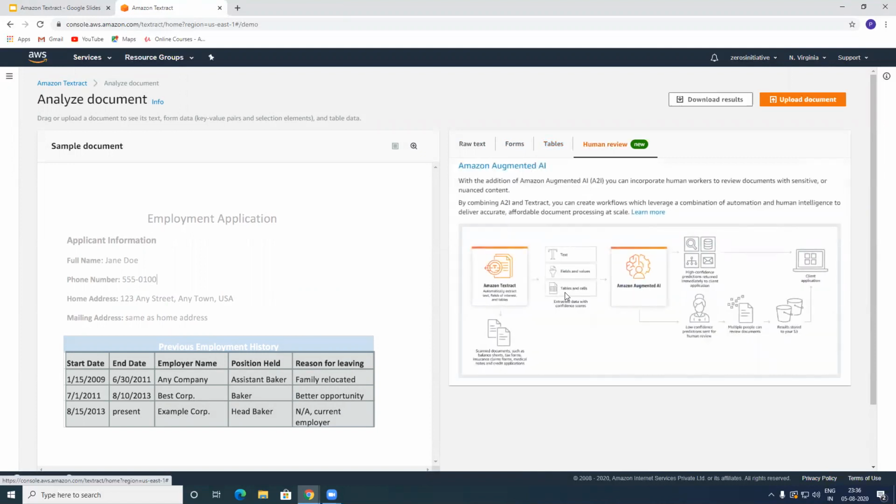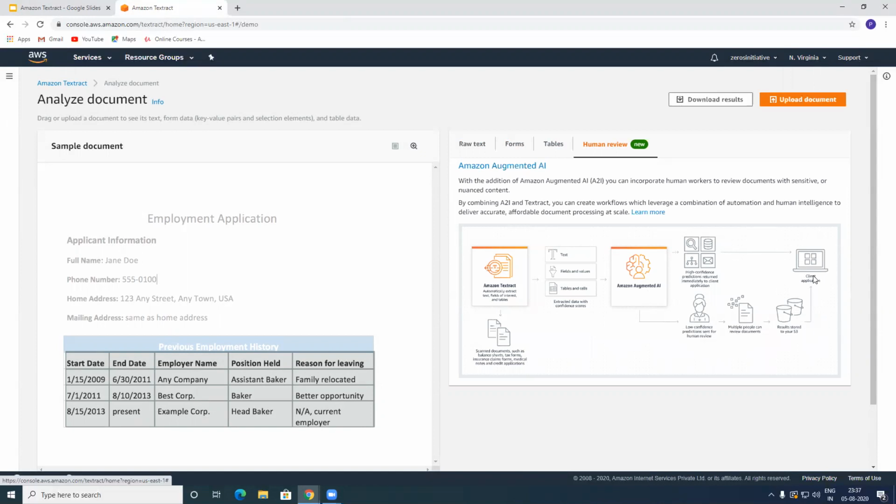Now this is where things get interesting, because whenever you start uploading documents to Amazon Textract, it returns all of these different fields in terms of forms and tabular format and so on. And you can use Amazon Augmented AI there, wherein if you have a high confidence prediction, it's immediately sent back to the client stating that it's all fine and perfect. But if there is a low confidence prediction, you can send it for a human review, and you can have multiple people review these documents, and finally your results will be stored in S3, which can also be returned back to the client application.